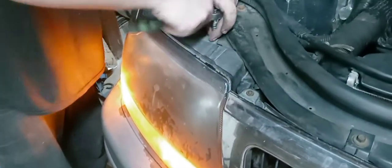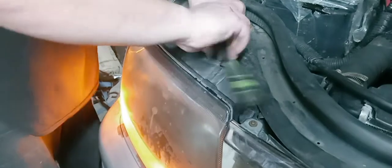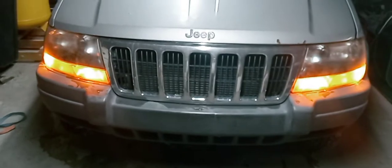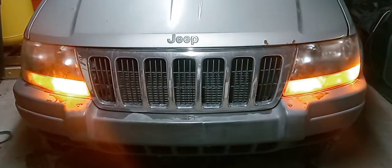Before, these incandescents were just, whew, damn. There you go. Perfect. Okay, let's go ahead, put down the hood, everything's out of the way. Awesome, huh? Put it on position. We'll get a resistor, but let's show them